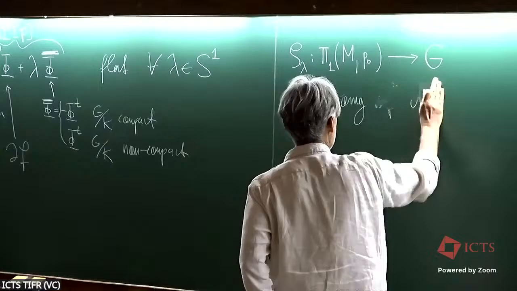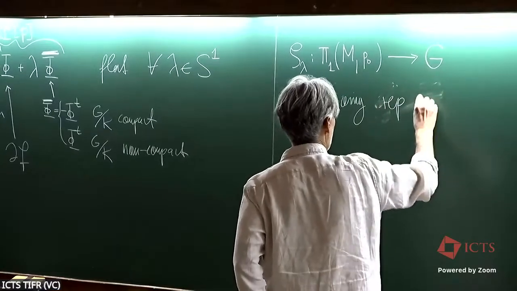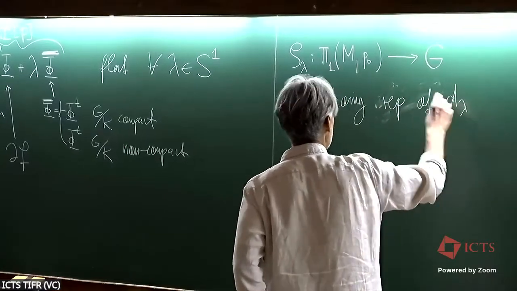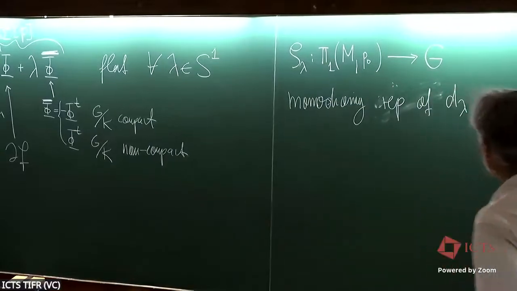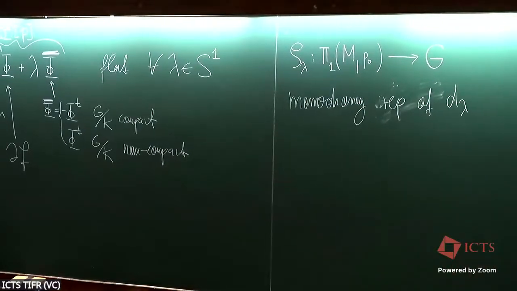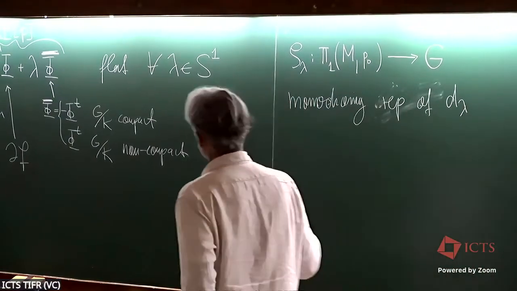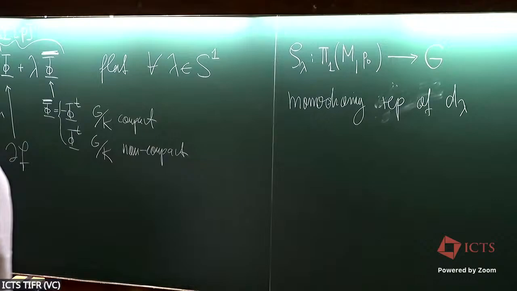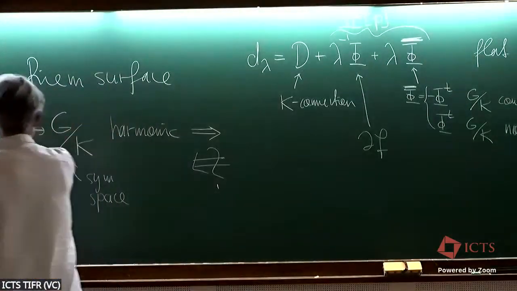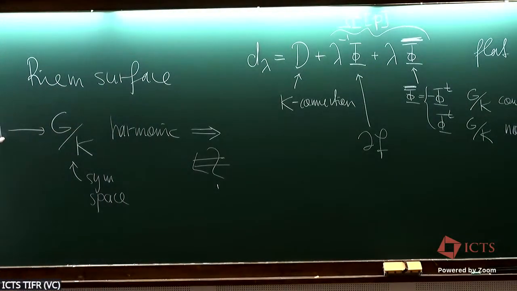So holonomy representation, rep of d lambda. The flat connections has a monodromy representation for a fixed base point in M. So, if we get this question came yesterday, if we have a map, a harmonic map on this Riemann surface M,